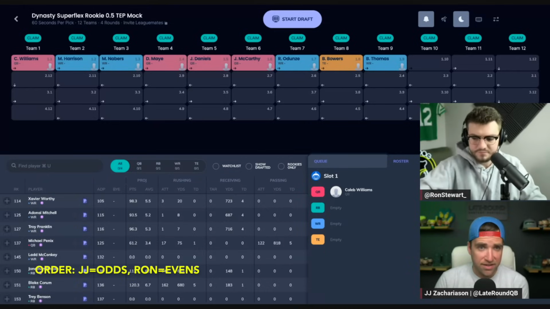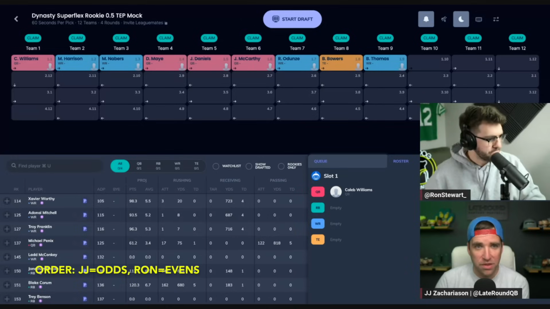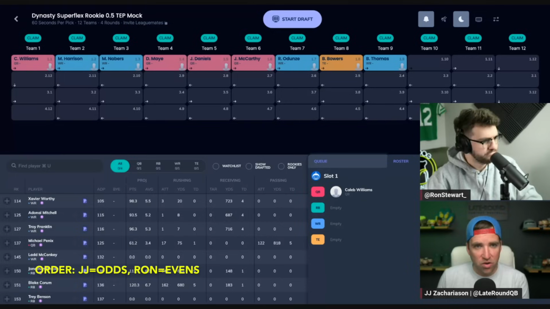Terrace Marshall was another comp for me, which I don't think he is, but it's just that archetype. Torrey Smith was the other one that's a reasonable one, right? It's another comp where I throw it out there, and people are like, oh, Torrey Smith was great. He had a great career. Yeah, I don't think we want that per se out of a